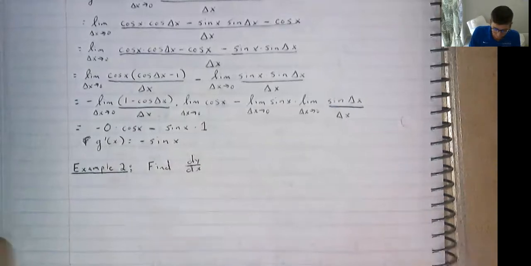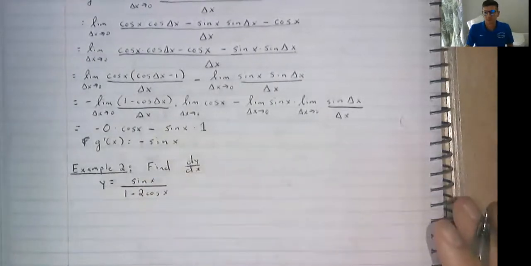Okay, well, what's y? Y is the sine of x divided by 1 minus twice the cosine of x, which is kind of nasty, but we're okay because we know the quotient rule. So dy dx, the derivative of y with respect to x,